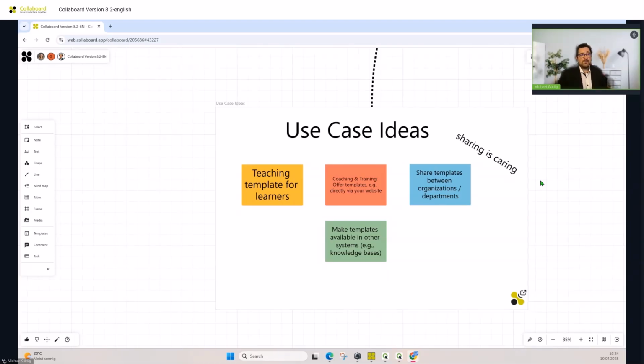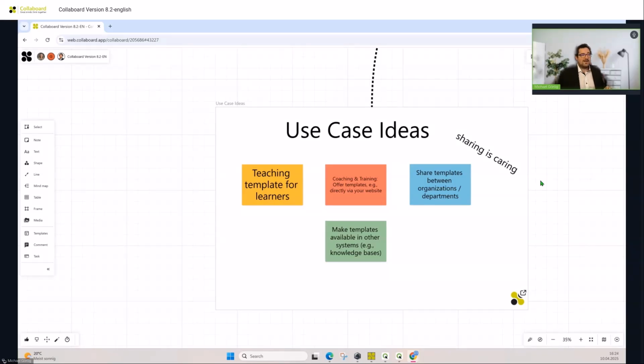Another very nice feature is that a lot of bigger organizations are organized in departments. Maybe there are even some silos and there isn't the best communication, but maybe Department A created a very useful template that could also be used by Department B. So with this new way, it's very easy to share a template between organizations or between teams